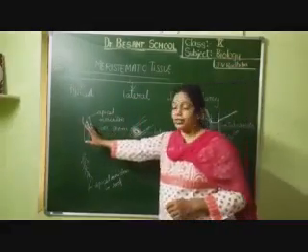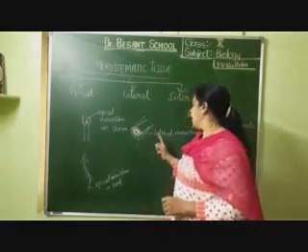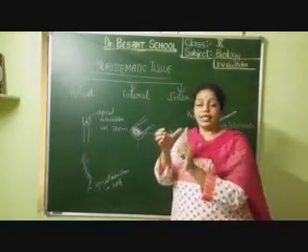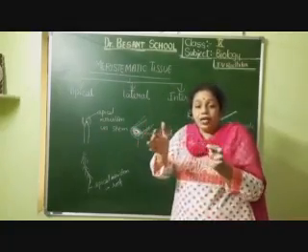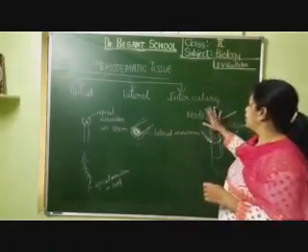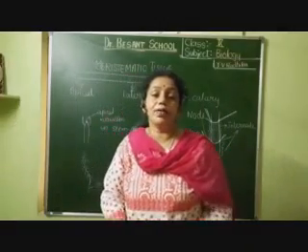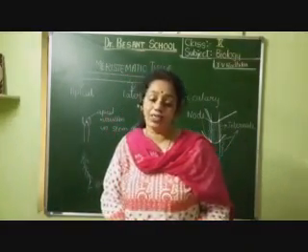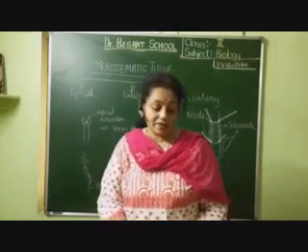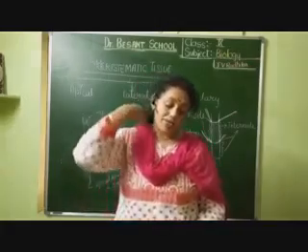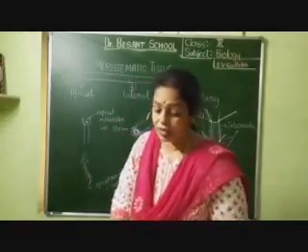Where is the apical meristem present? It is present in the apical tip of the stem and also of the root. The lateral meristem is present in the center of the stem as a circle that helps in the growth in width of the stem, whereas the intercalary meristem is present at the nodal regions of the stem and helps in the development of new branches, leaves, fruits, etc. Understood, children? Like that we can differentiate the meristem into three different types. This is a very important topic and a very important question commonly asked in the exam, so all of you need to learn this very well.